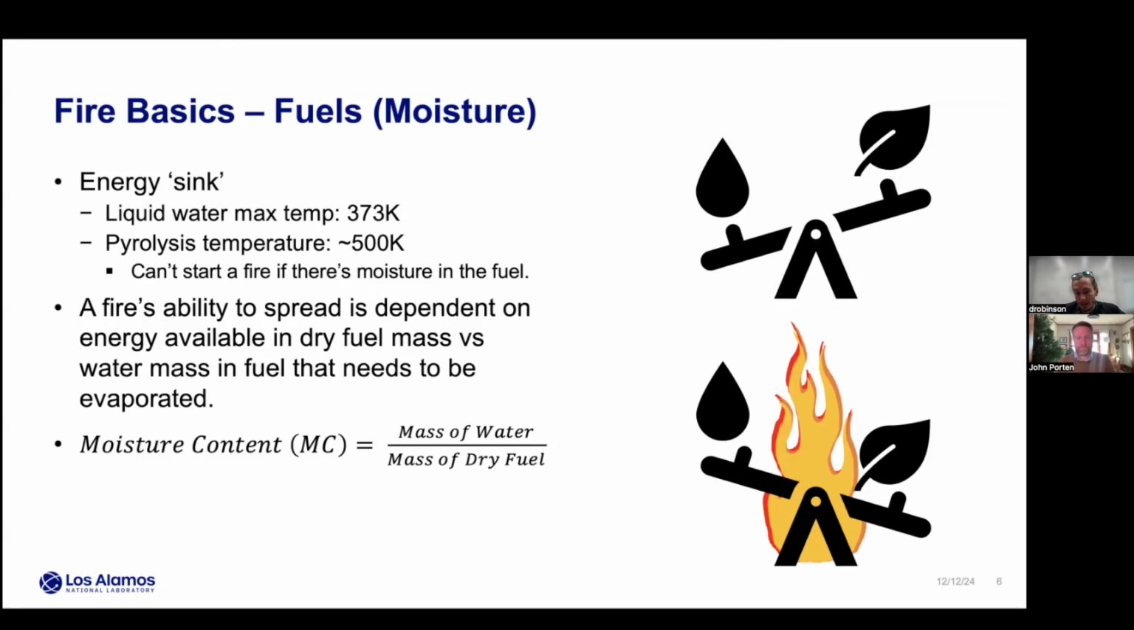And so since pyrolysis doesn't happen until around 500 Kelvin, compared to the boiling point being around 373 Kelvin, the point being here is that you really need to know how much moisture is within a given fuel to know how much energy it's going to take to actually ignite it. But then there's also a bit of a balance here, where determining whether a fire is going to carry or not ultimately lies on how much